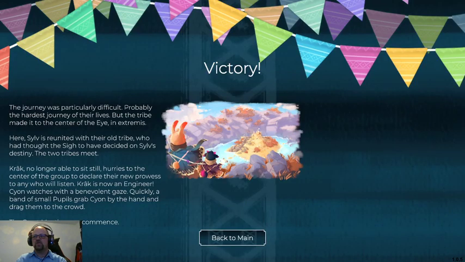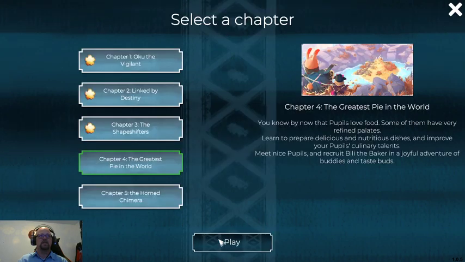Strange little challenge, but hey, Chapter 3 has been solved. Journey was particularly difficult. Sylv was reunited with their own tribe. Craig, no longer able to sit still, hurries to the center of the group. Great meetings can commence, and so on. Alright, that